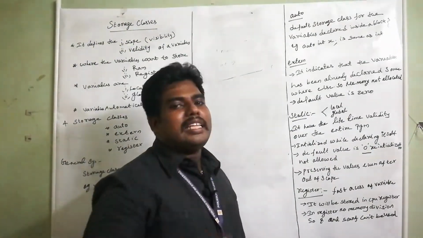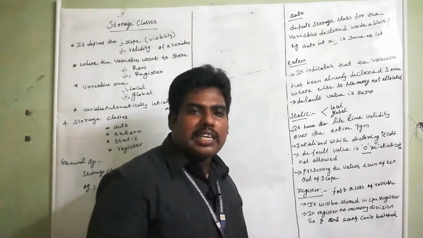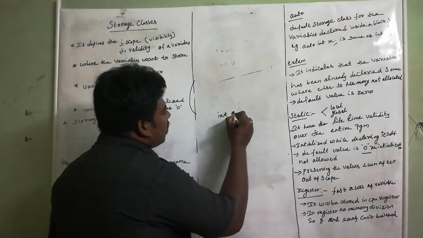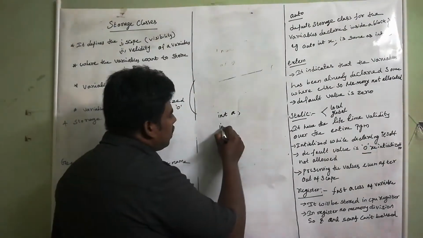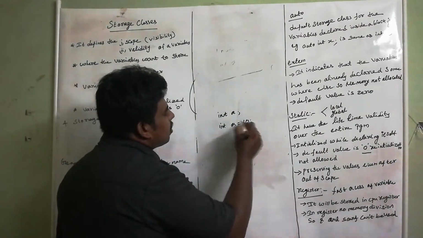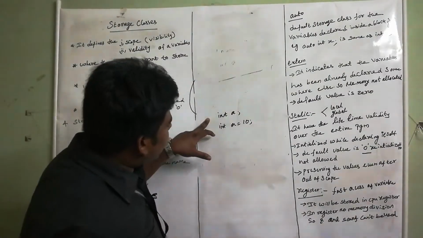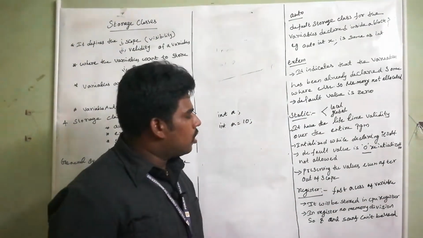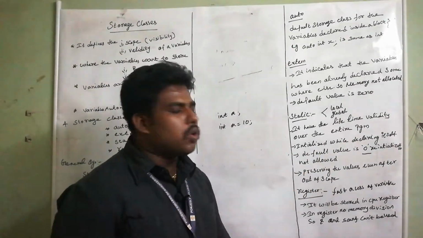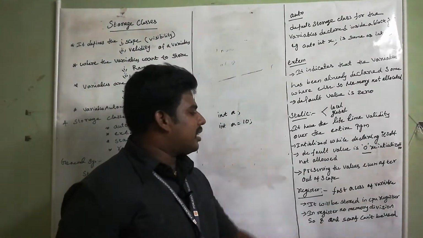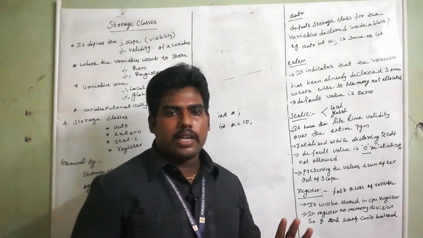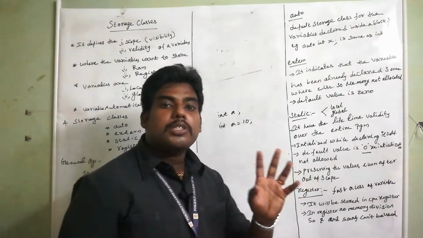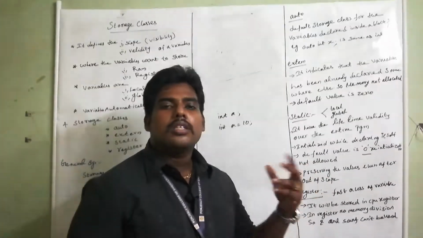But one important thing is, whenever you are declaring, you have to initialize. What is initialization? int a is declaration. int a = 10 is initialization. Initialization is assigning the value to the variable. So while declaring itself, you have to initialize. Reinitialization is not allowed. All of you got it? The important property is to preserve the values after the scope ends.